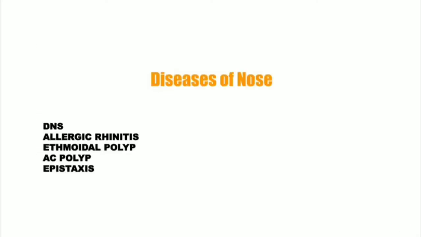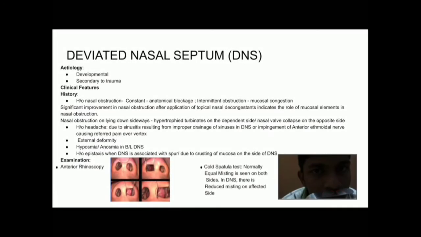Now we shall discuss some of the common diseases of the nose. Nasal septum: deviated nasal septum may be developmental or traumatic in etiology. Clinical features: there is history of nasal obstruction, which is usually constant. Intermittent nasal obstruction suggests mucosal congestion. If there is significant improvement in nasal obstruction after application of topical nasal decongestants, it indicates the role of mucosal